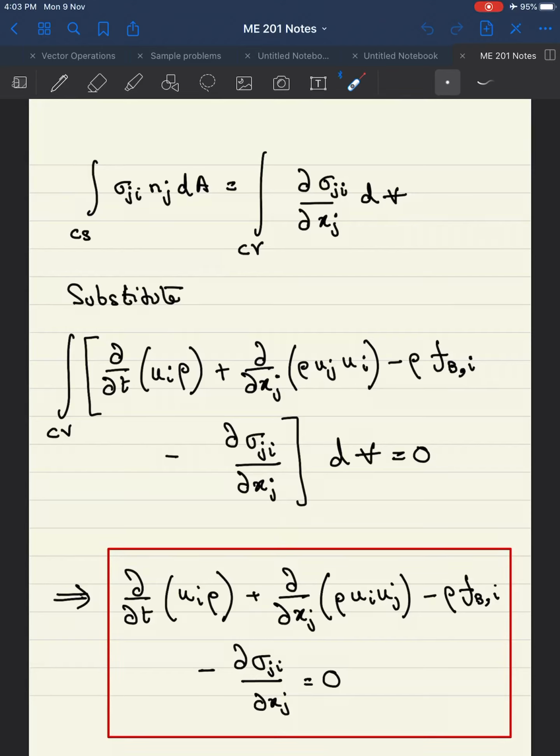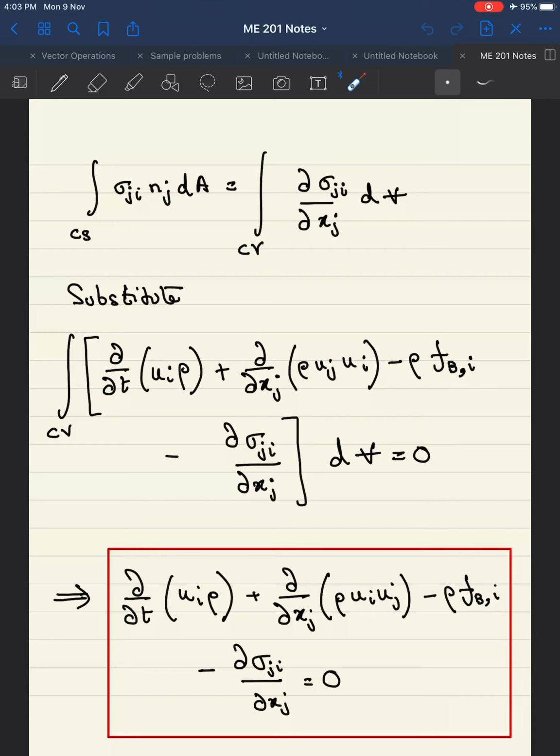Okay, so we have been trying to get towards a very important equation in fluid mechanics called the Navier-Stokes equation. We have not reached there yet, but we were discussing some equations which were going to be extremely instrumental in getting us there. So one of the first things we had discussed was the conservation of linear momentum equation for a differential control volume, and we had reached this particular end right here.